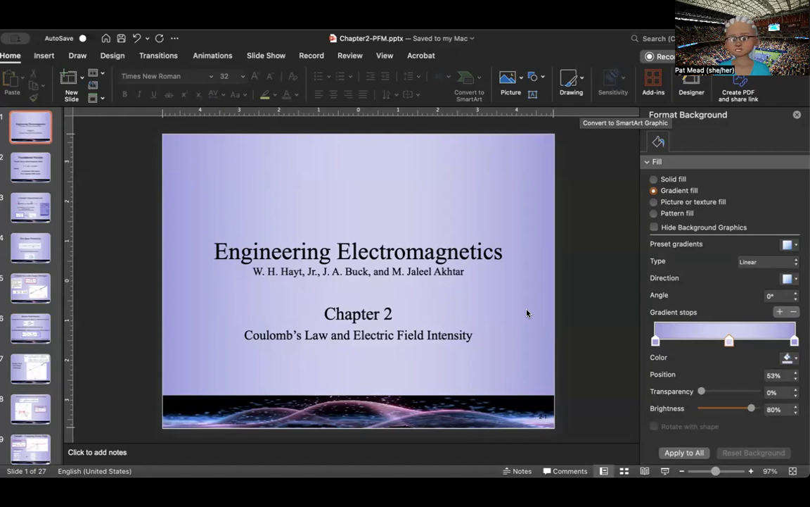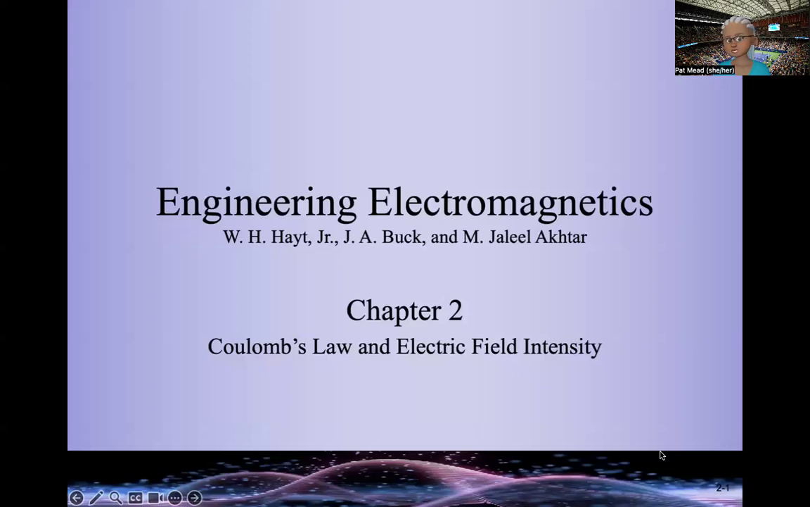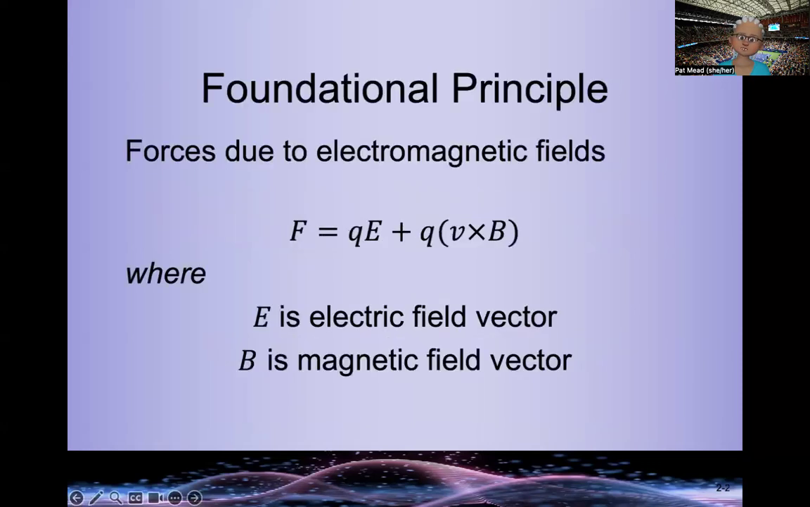So this is part two of the video that we started on, I guess Tuesday. It's a continuation of chapter two on Coulomb's law and electric field intensity. So we said the last time that we looked again at the force equation for electromagnetic forces. And we were reminded F is equal to QE plus QV cross B, E being electric field, B being